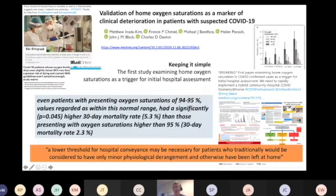So Matt, with some other colleagues in the South Central Ambulance Service and others, did a validation of the use of home oxygen as a marker of clinical deterioration, and showed quite clearly that looking at a baseline oxygen saturation and monitoring this can predict very strongly the need for admission to hospital and the mortality rate. And that's been